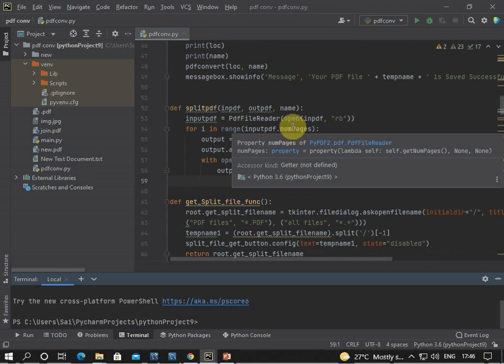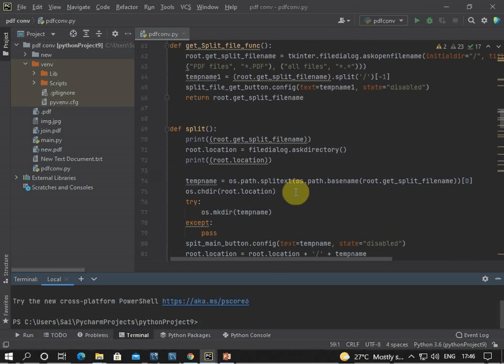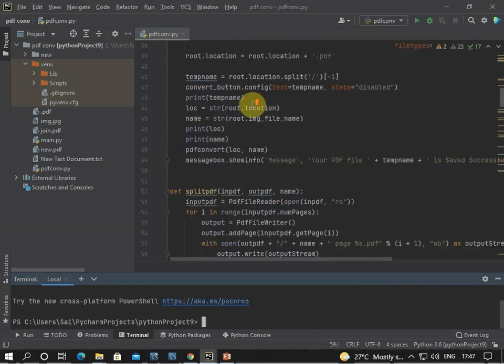So converting a given image file to PDF is one of the basic requirements in various projects that we do in real life. So if you don't know how to convert a given file into a PDF file, then this tutorial is only for you. You will come to know the way to convert an image file to a PDF file in Python. In this project, we can merge two PDFs into a single PDF, and we can split a single PDF into multiple PDFs.